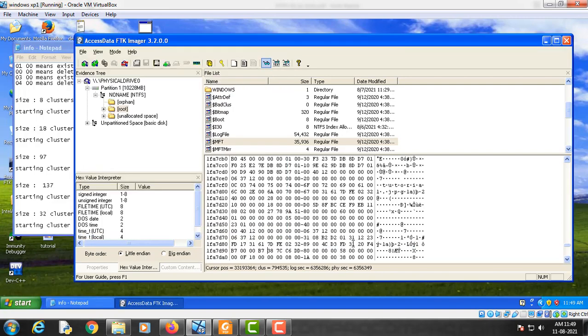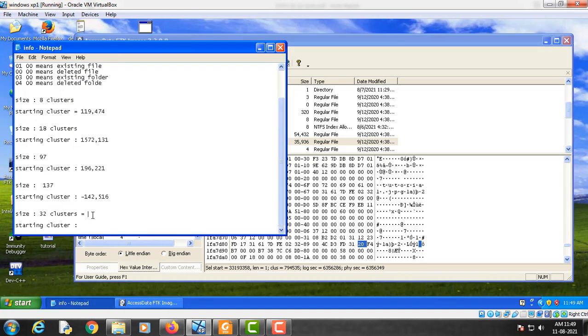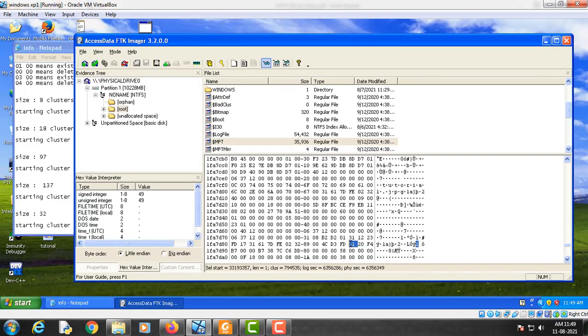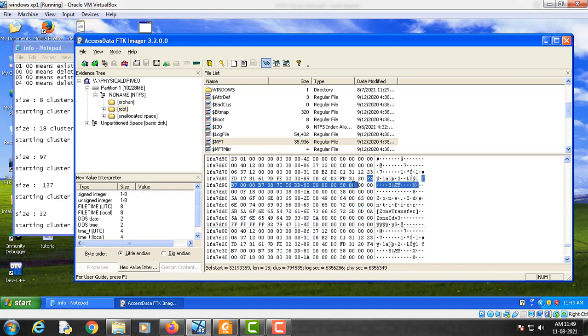Then again this 1 byte tells us that we have to copy the next 1 byte, which is 32, and 32 clusters is already there. And this 3 tells us the next 3 bytes, which is this.